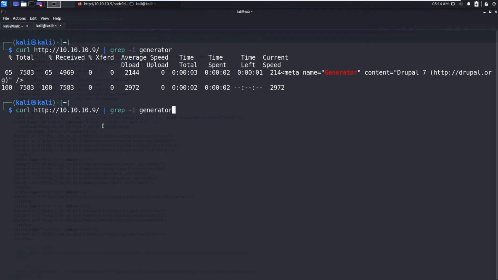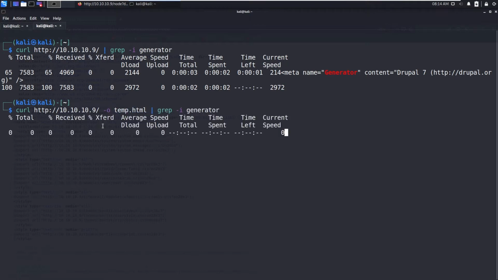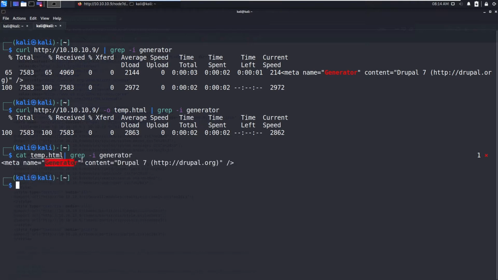So okay, let's say output file temp.html, let's say cat temp.html and grep for generator. So now you can see this Drupal 7.